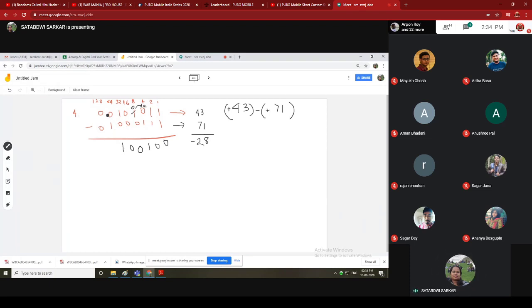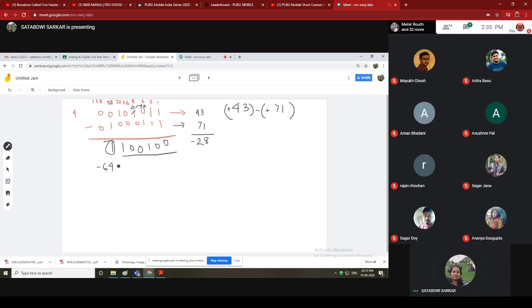And this is 0 minus 1. So 0 minus 1, we cannot subtract this, no? So actually it becomes 1, but this 1 is for the negative value. It is representing the negative value here. Okay. This one is for the position 64. So we have to take this as minus 64, and let us see whether the result is correct or not. So this is 32 and this is plus 4.